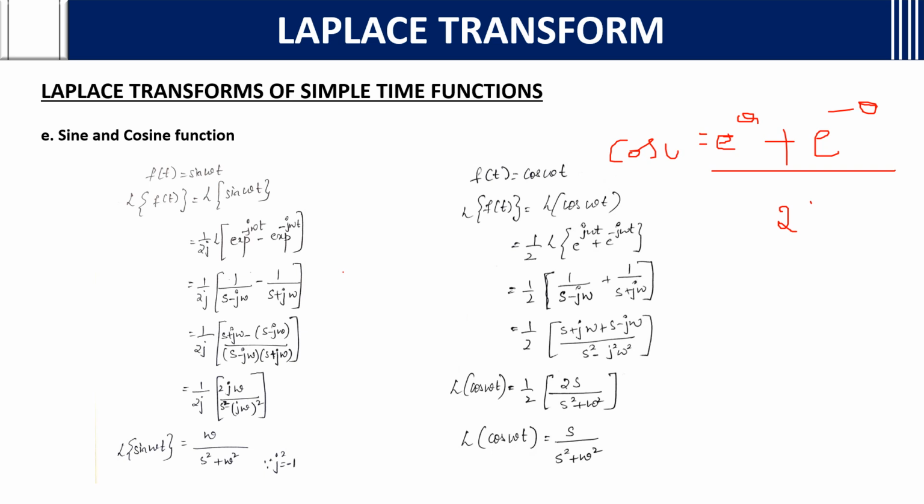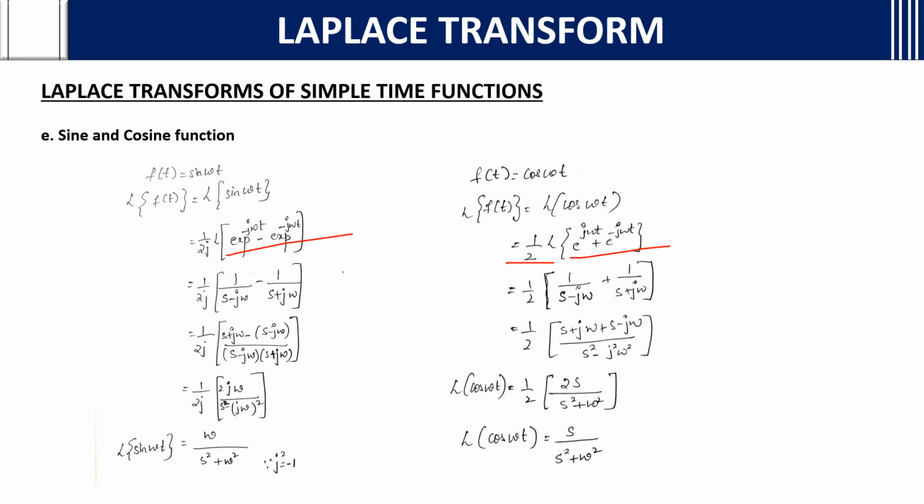Sin theta is what? e^theta minus e^minus theta by 2j. Cos theta is what? e^theta plus e^minus theta by 2. So we can write in this form, and after writing, we can apply the Laplace transform. You know that the 1 by 2j you can take out and take the Laplace transform from